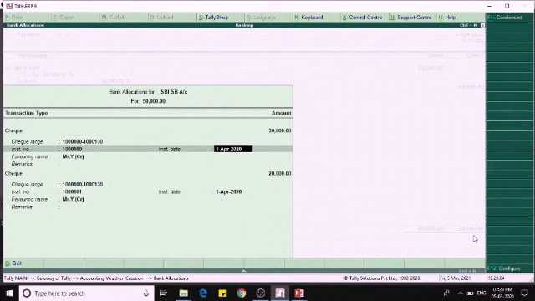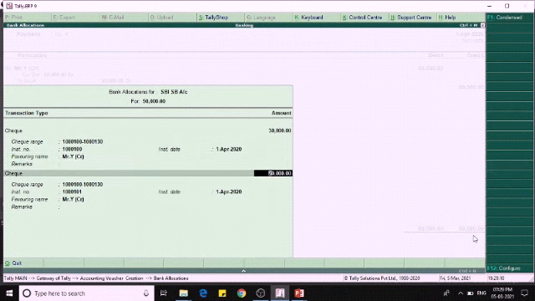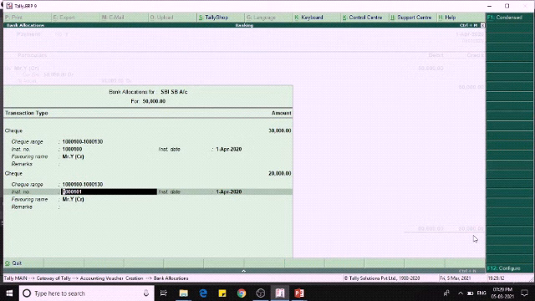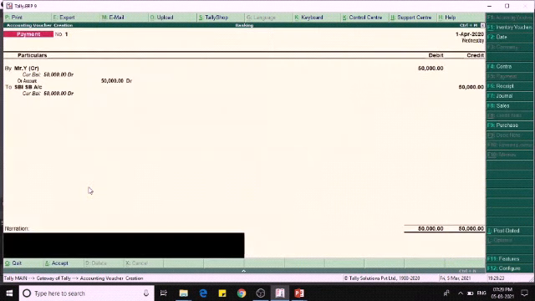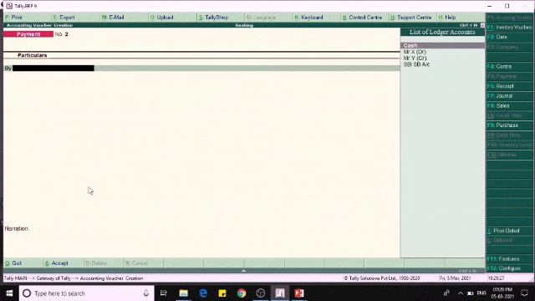So the installment date is 1st April, and if there are any remarks we can mention here, and then you can see the check number is automatically changing. Now let me change this date as 2nd April. Like this we can issue several checks at a time.